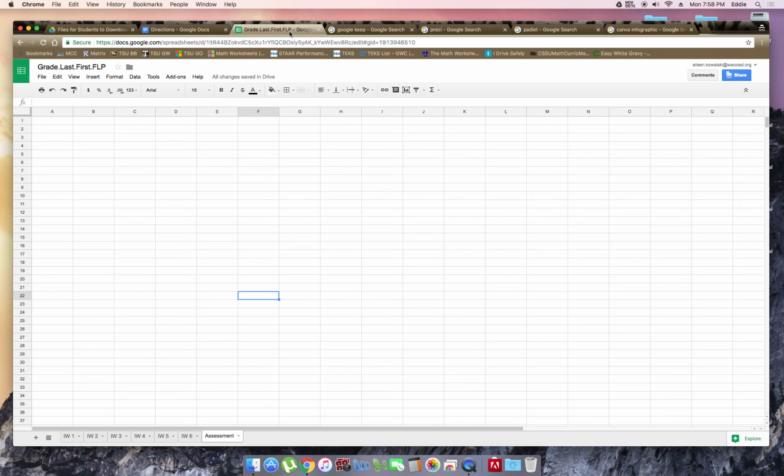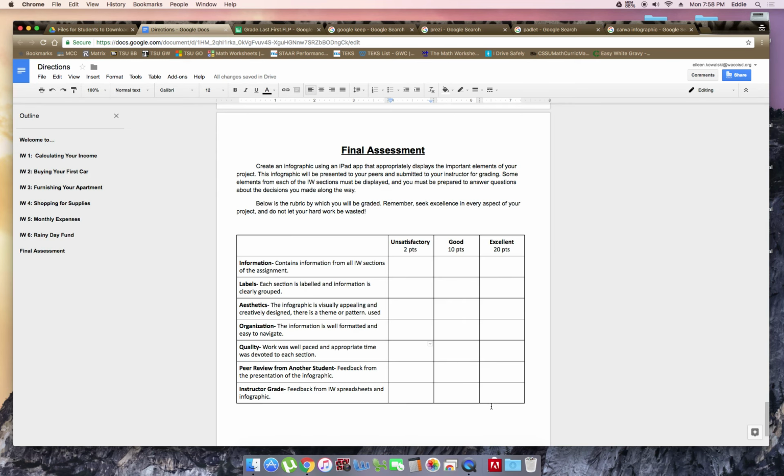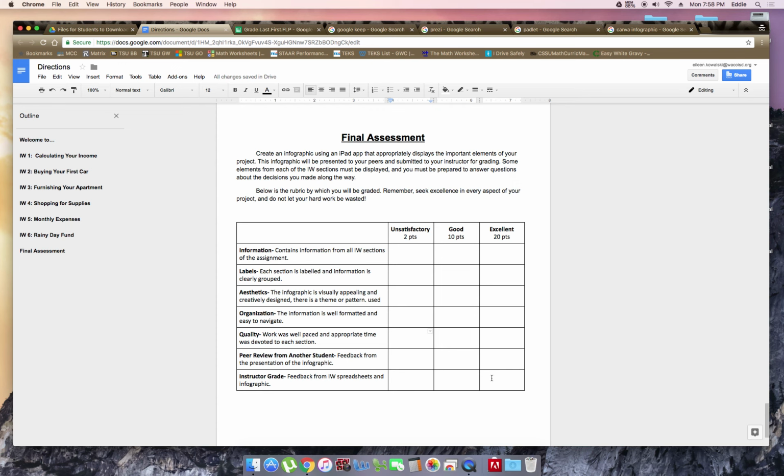But take these ideas, run with them, use this page to jot down some ideas, jot down some of the numbers that you're going to use from your IW assignments on your spreadsheet. Put it all together and make sure you're ready to present them when we do a gallery walk or a table talk on Thursday. All right, guys? We are so excited to see your end projects and see this whole unit wrapped up, and we're just so thrilled that you have a little peek into